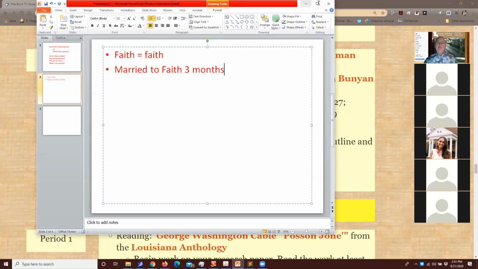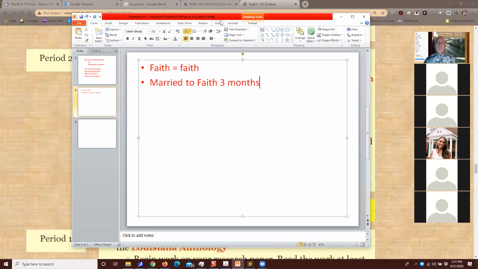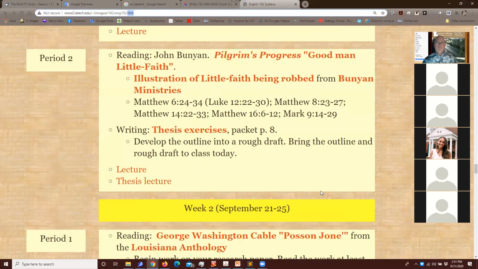For decades, scholars agreed that by the end of Young Goodman Brown, Brown had lost his faith because in the middle of it, he says, my faith is gone. But we get back to town the next day. Faith sees him. She skips down the street. God, how old is she?